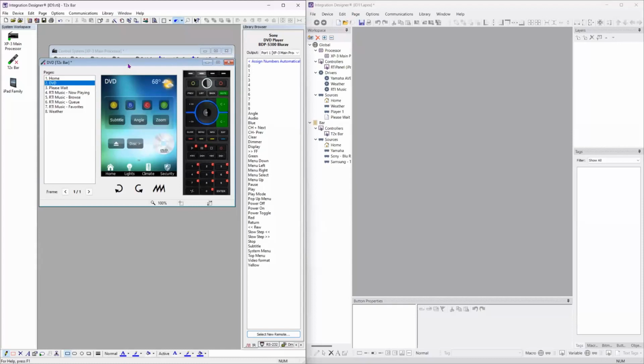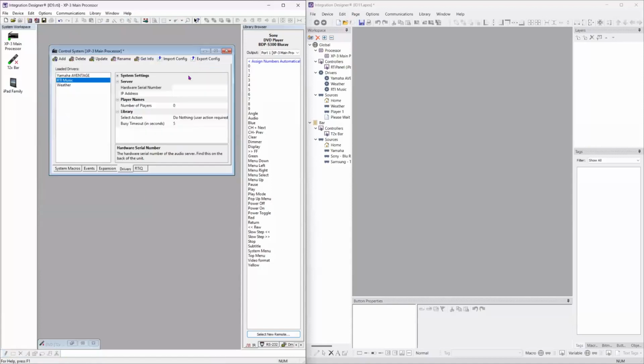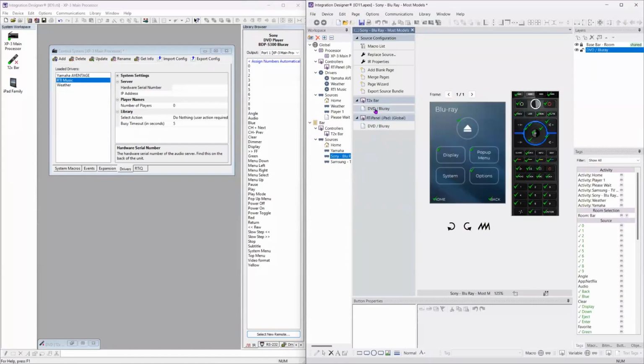Okay. Now with these, as you go through and start to build up these different projects and add these different devices in, you're used to adding in those products and maybe using merge page or import and all that kind of fun stuff and importing configs, which is great. But one of the things you'll notice immediately here with Integration Designer 11 is that if I go to, say, the Blu-ray page and go to the T2X, all of this has already been programmed for me. We've used auto programming to go ahead and map all the commands right to the specific